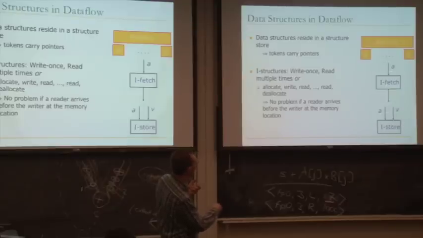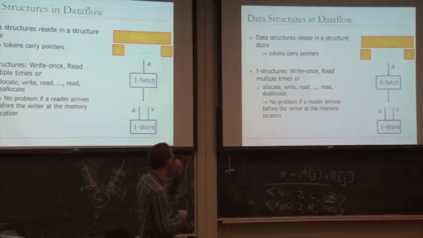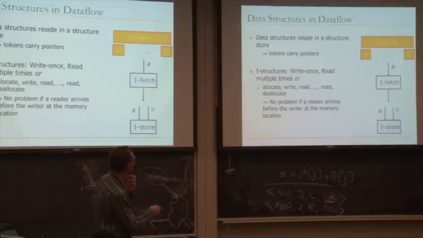And this fires when the address and value are both available. And the semantics is that it stores. Now, what does it mean to store? You have write-once semantics, but you can read multiple times. Right? So a memory location can go through these operations: allocate the memory location, a resource manager does that; write to it, and read many times from it; and deallocate.